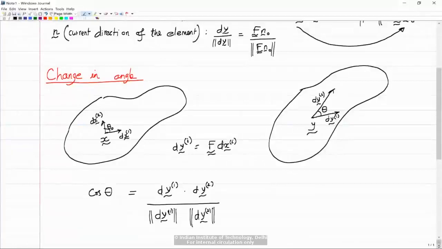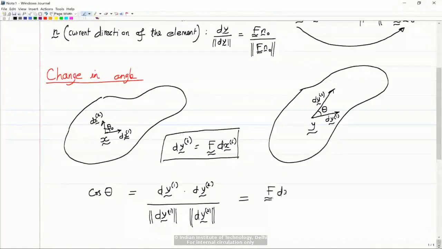And this we can now use the formula relating undeformed and deformed line elements, and what we get is big F dx1 dot big F dx2